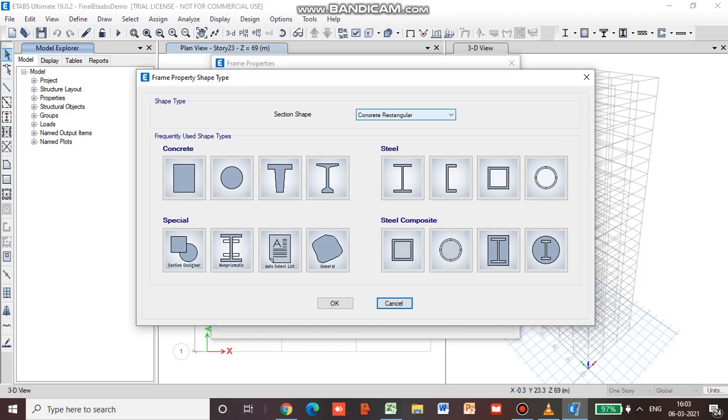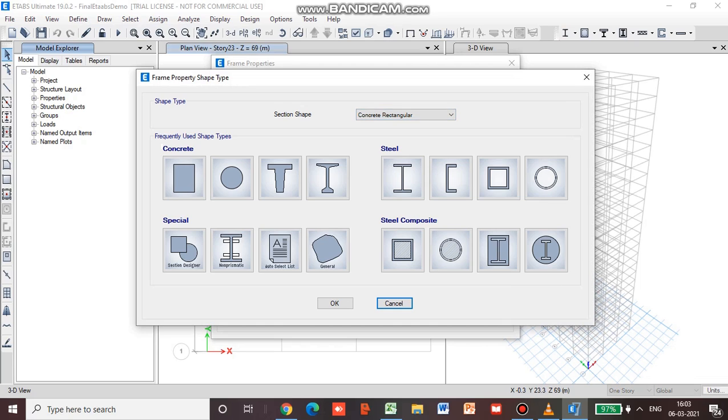So when we assign auto select option to a frame member, during the analysis the most economical section out of the auto selection list that we have formed will be assigned to the frame. So we are going to use auto selection today.